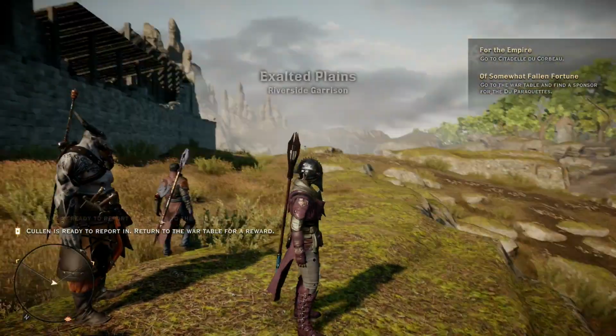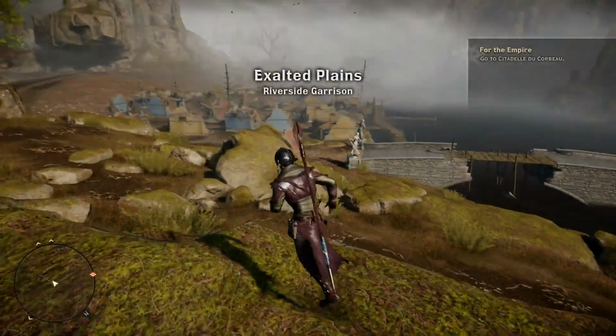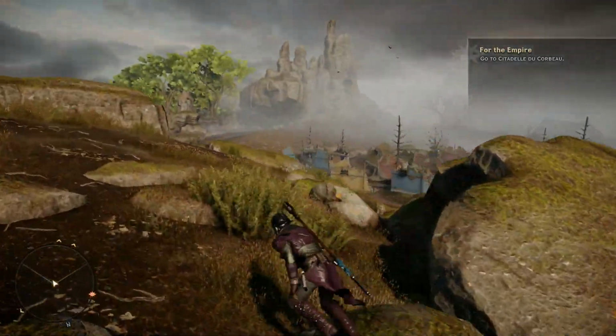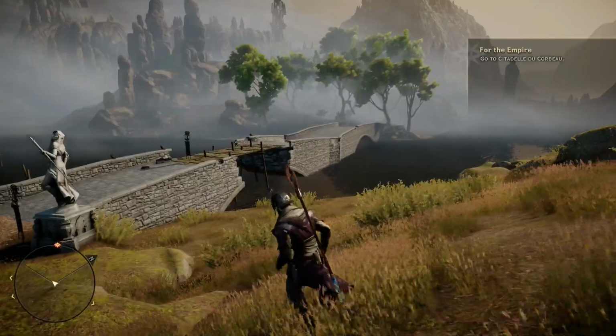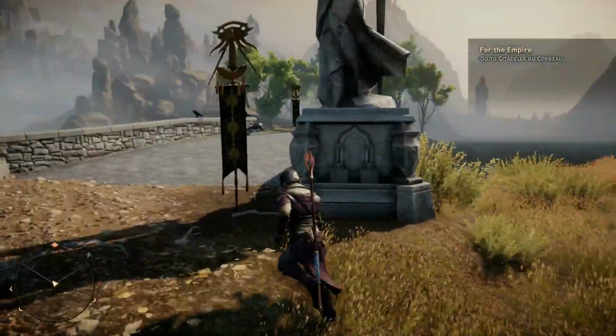Here we are, here at the Riverside Garrison in the Exalted Plains, overlooking the ruins of Ville Montevale. And this is the bridge we need to cross. The only thing that I've changed is my staff,